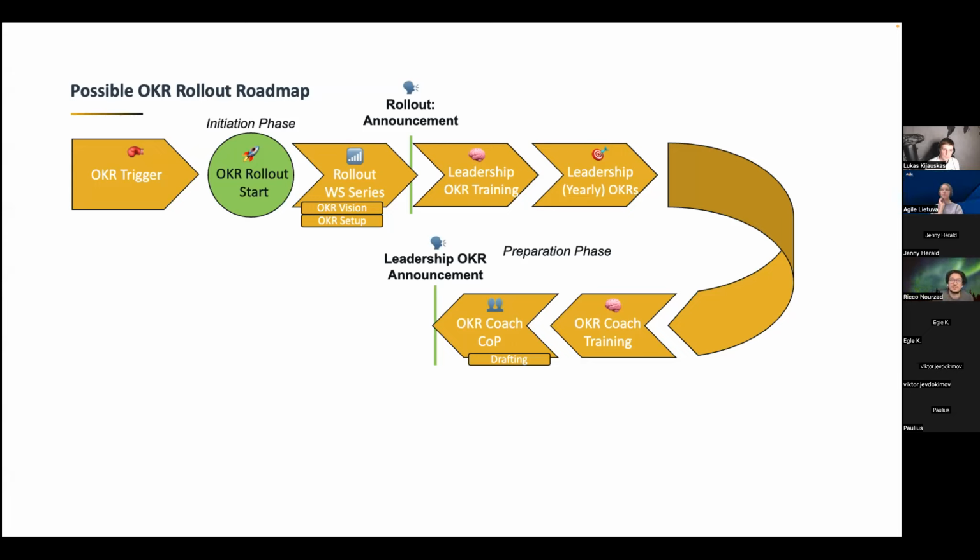After that, I always like to start with the leadership OKR drafting. In big corporates, I normally do just yearly OKRs, and on team level a smaller cadence, like every 3 or 4 months. On leadership level I always like to have yearly OKRs, and if some kind of event happens, like COVID in 2020, you can refine them with quarterly OKRs on leadership level. Most likely the leadership team has then, let's say, 4 objectives, which are measured by a different amount of key results.